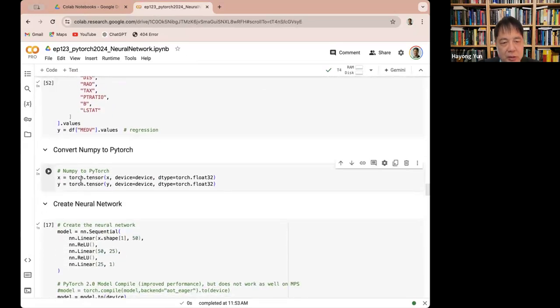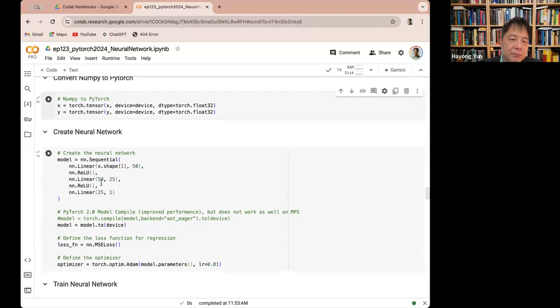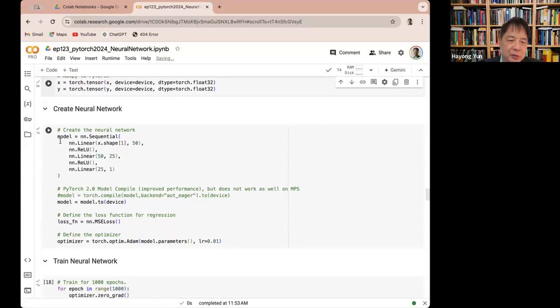And then I create a torch tensor of the X and Y. So this is how you use the torch tensor function. So now here's the part to create a neural network. I could name it model, and then nn, the neural network in PyTorch,